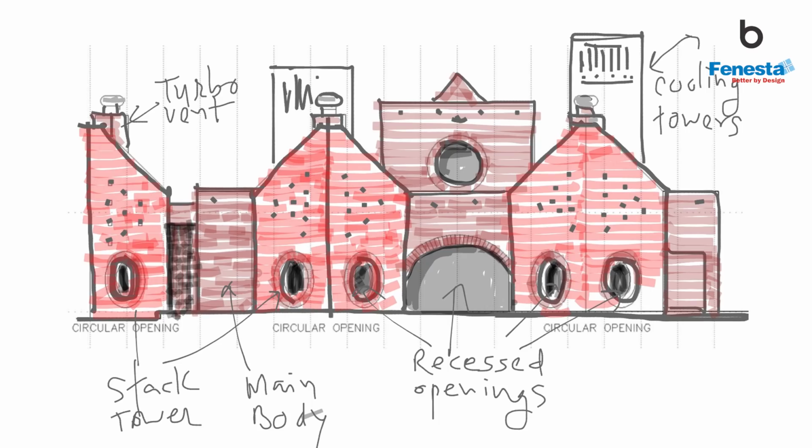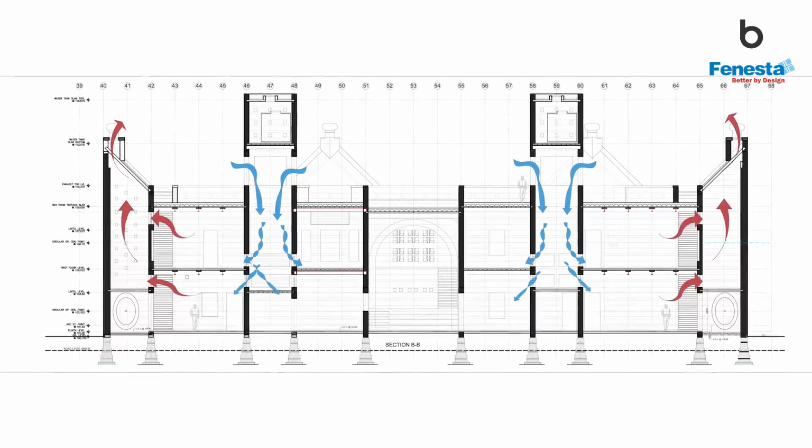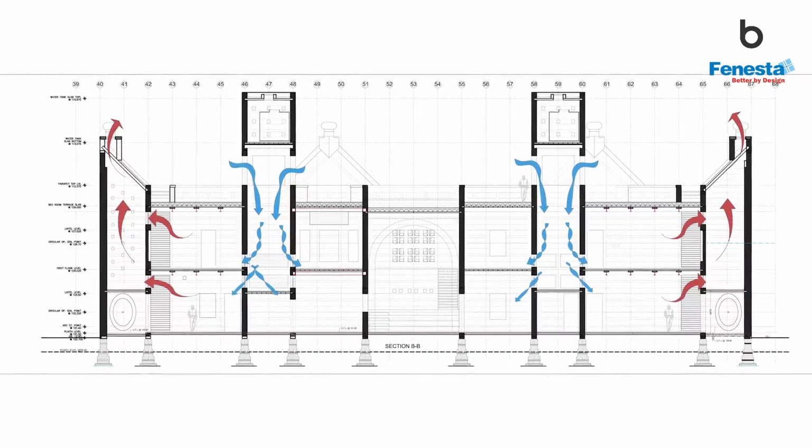Here, the architecture is predominantly formed out of a passive cooling system, wherein the passive cooling system is built in, not added on. You can see on the form that the stack ventilation towers are seen like bastions on a fort, which basically help the main building remain cool by extracting the hot air, while the cooling towers in the middle are supplying the cool air into the main living spaces. So the overall form